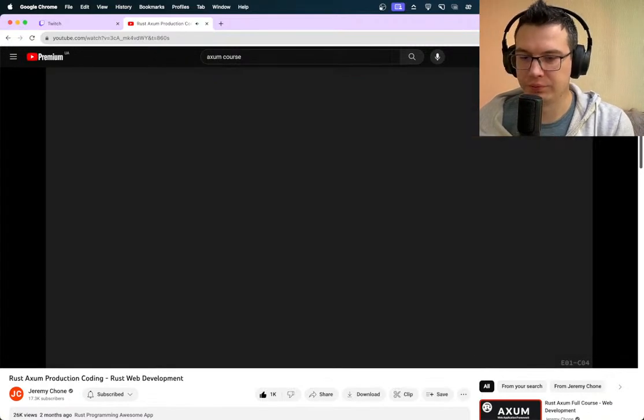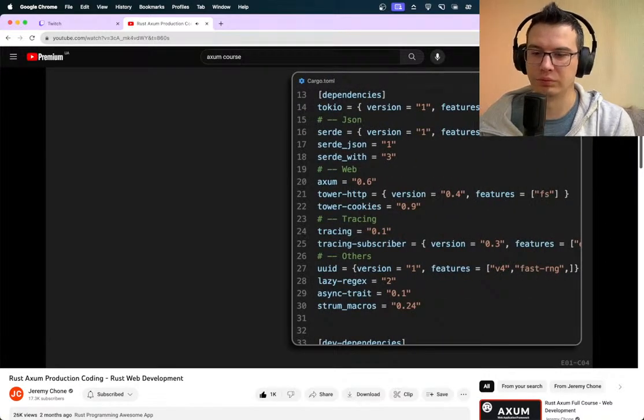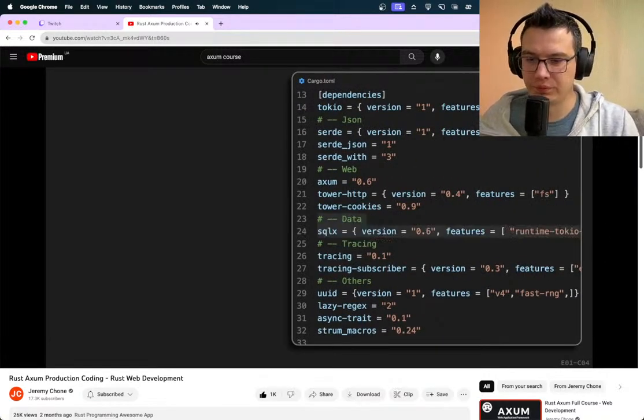Okay, enough talking, let's start coding. So first, what we are going to add to our Cargo.toml is going to be SQLx. Make sure to add